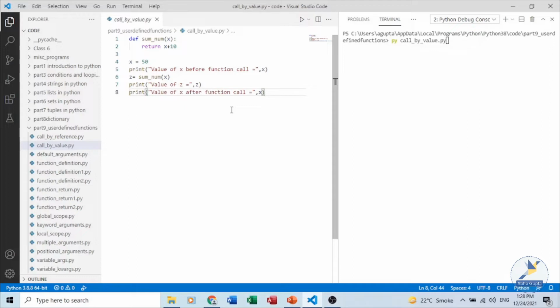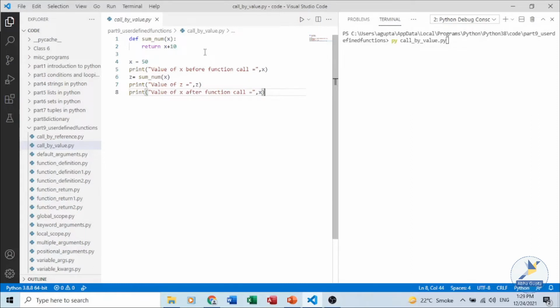Now the difference lies in call by value: the called function makes a separate copy of the values which are being passed and works on them. The original value remains unchanged in Python. Immutable types like numbers, strings, they make use of call by value mechanism. By default, if we pass an immutable type, it will be call by value. Unlike other programming languages, we do not have to write that this argument is being passed as call by value or call by reference. You simply pass the data and internally it knows whether it is call by value or call by reference.